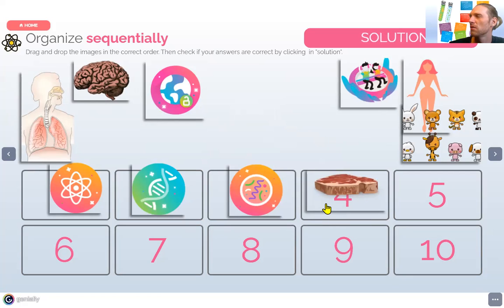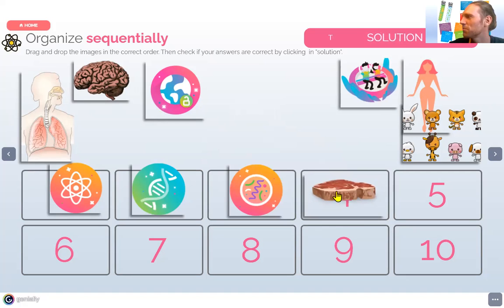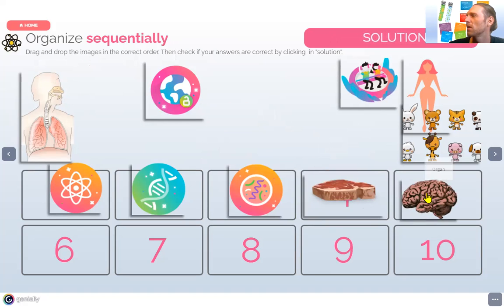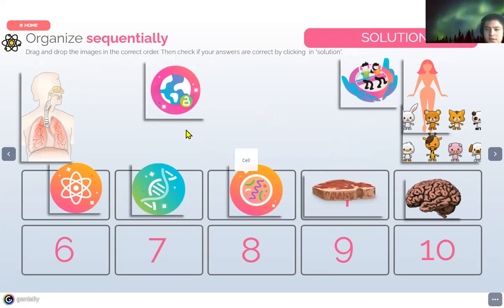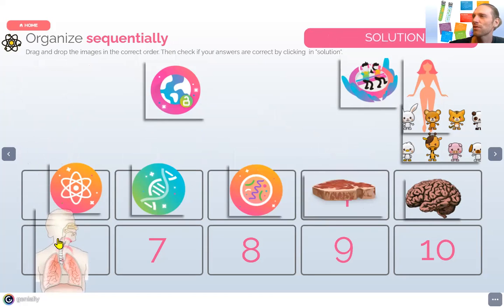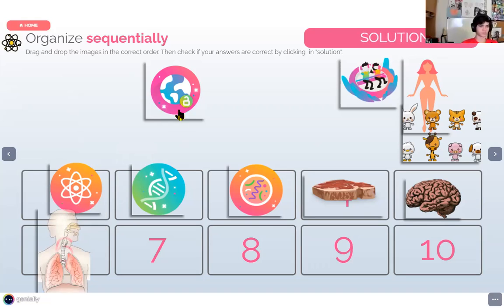Okay. Then the brain, the organ. In fact, this picture is a bit wrong because it has fat tissue and it has muscle tissue. It's two different kinds of tissues, but anyway, it doesn't matter. Tissue, and then we go to what? The organ. Okay, the organ. Very good. And then the organ system. You will do really well tomorrow in the quiz. Which organ system are we looking at? The respiratory system.